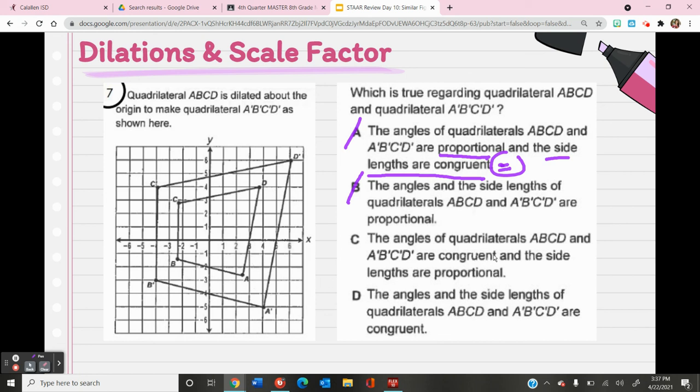Then I have C, the angles of quadrilateral ABCD and ABCD prime are congruent. Yes, they are. That is true. And their side lengths are proportional. That is also true. So this one looks good. And then D says the angles and the side lengths of quadrilateral ABCD and ABCD prime are congruent. Now remember, congruent means equal. So while my angles are congruent, my side lengths again are not equal, so that cannot be my answer, and C is. So now looking at your foldable,